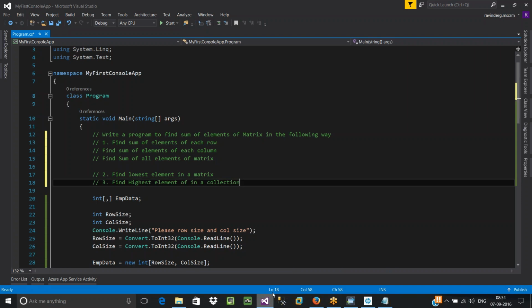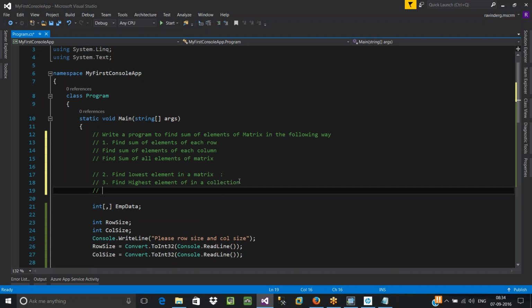Here again, coming to lowest element. Okay, after this, I'll give a separate example. Fourth one. Lowest and highest elements of each row.